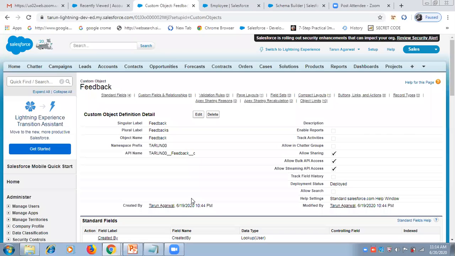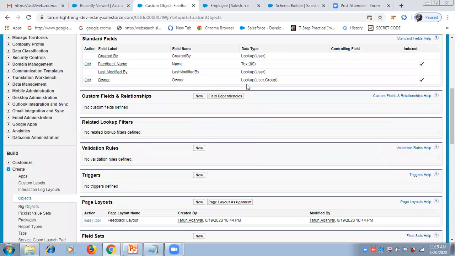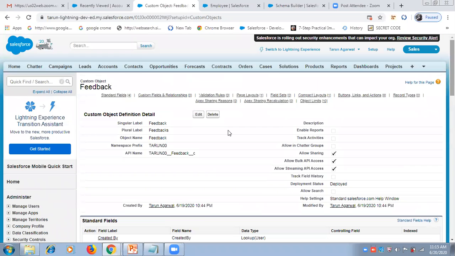But if we are using any other database, then we have to write a query to create the table, and then fields over there. There is a proper syntax. If we are not aware, that can be very typical for us. So as you can see, we have created a new object, which is feedback.